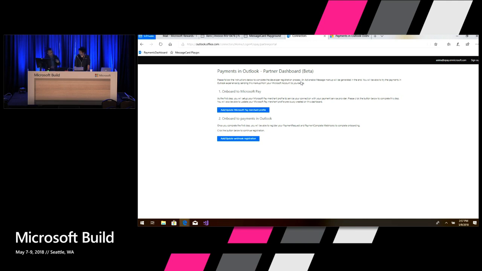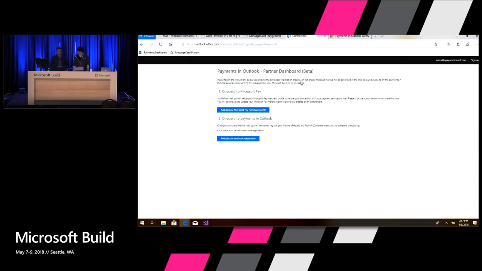The other prerequisite is to have a Stripe Connect platform account. Stripe is the first processor that we have worked with for this integration. To experience this integration, you will need to have a Stripe Connect platform account. If you're not familiar with Stripe Connect, it's a solution that Stripe provides for marketplaces and platforms to collect payments and then distribute them to your merchants. It's really easy to sign up. You can go to stripe.com and just sign up for that account.